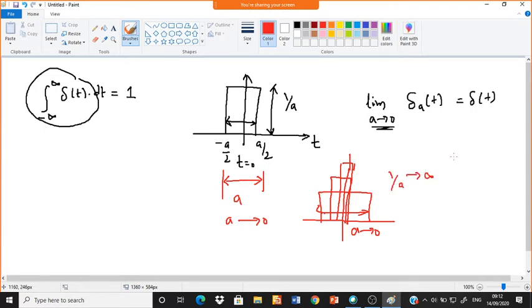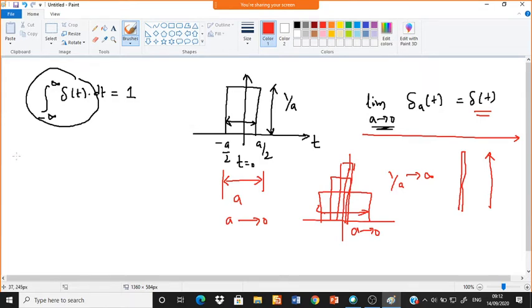That means the pulse, if you zoom in, only then will it look like a pulse, otherwise it is just a line. So that's what we call the impulse. It is a very short duration. That's how we define this impulse: whenever a tends to 0, then 1 by a tends to infinity, and you define that as the impulse function in the continuous form. So this is the impulse in the continuous domain.